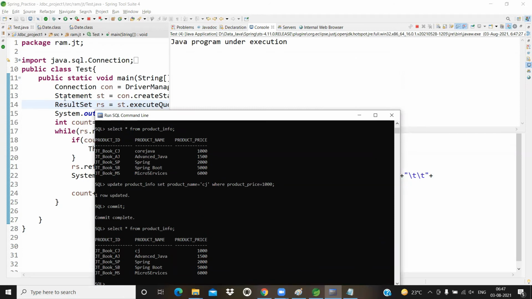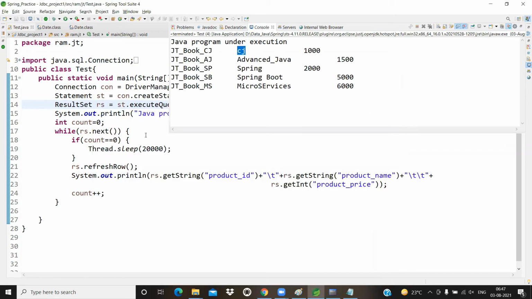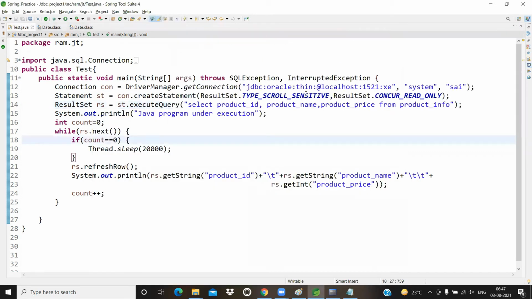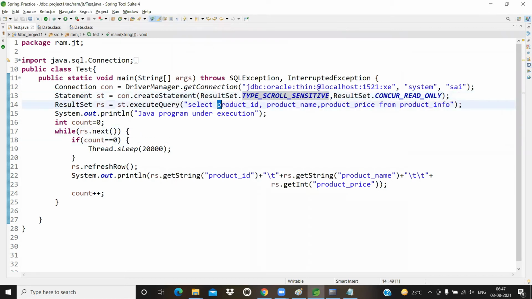Let us see. No problem. So here some restrictions are there. Result set type should be sensitive, and we have to use column names individually, whether two or one or three. After that, you must use refresh row. This is the way we can work with sensitive and scrollable.